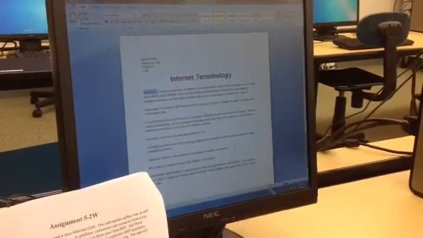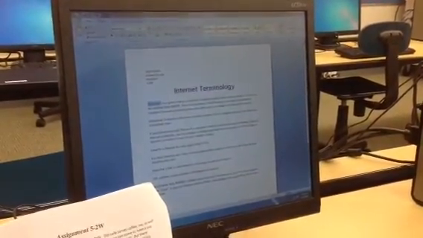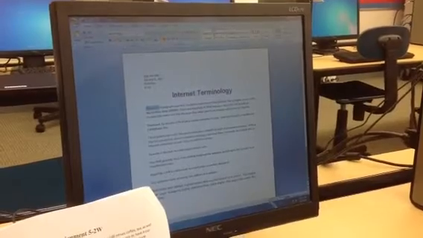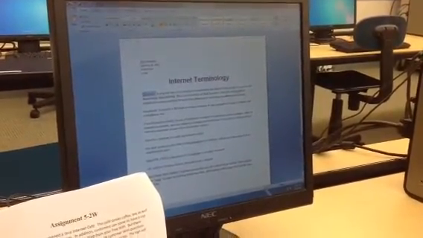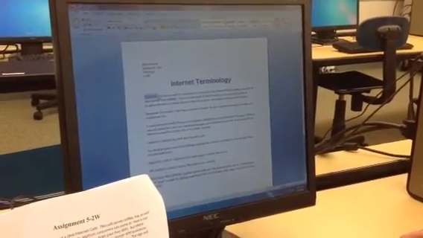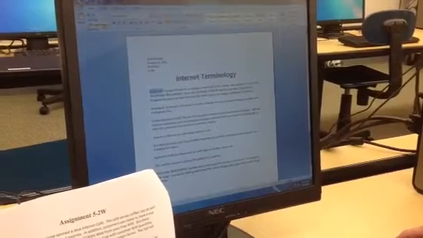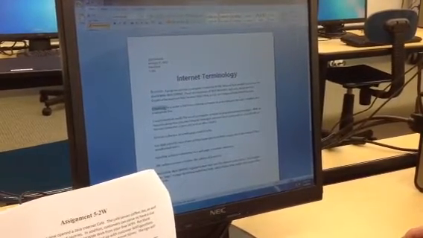Now, the new option here today is something called the Format Painter. Format Painter is really neat in the sense that wherever you make changes, you're going to be able to copy those changes, and wherever you highlight, those changes will happen. So let's say, for instance, we have the browser. Highlight it. 14. Purple. We come over and double-click on the Format Painter, and now everywhere we highlight, we're